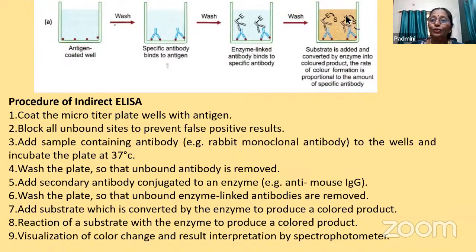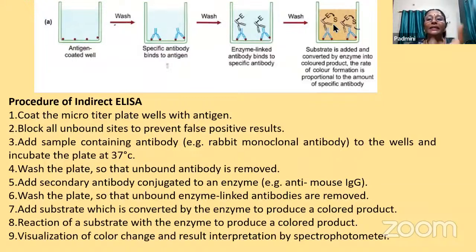And after washing, you're going to add a substrate. The substrate is one that is going to glow once it gets attached to this enzyme. So the substrate is going to be enzyme specific. So that particular substrate, that particular enzyme. So you're going to prepare that enzyme, which is going to have that substrate specificity. So this substrate is going to attach to the enzyme, and this enzyme is going to hydrolyze that substrate, and